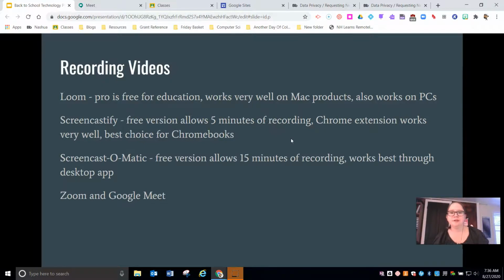The free version for education allows you a 5-minute limit in your recording. You can do a little bit of editing to that, but it's pretty strict and small, and the upgrades start at, I think, $29 for a full subscription to that for an educator. The Chrome extension works very well, and from all that I've heard feedback-wise, this is the best choice for Chromebooks,